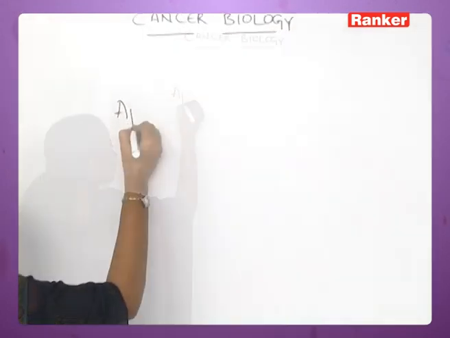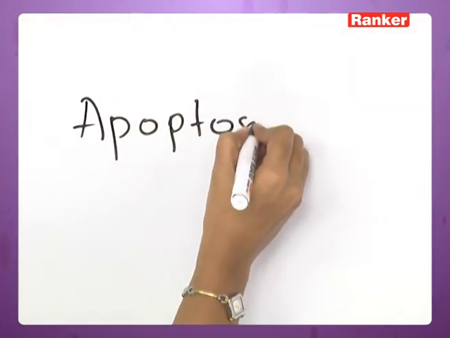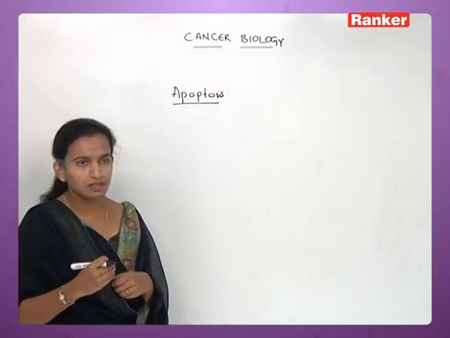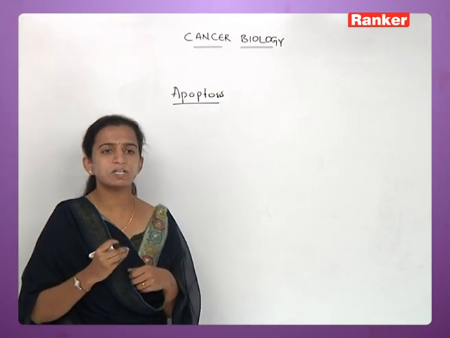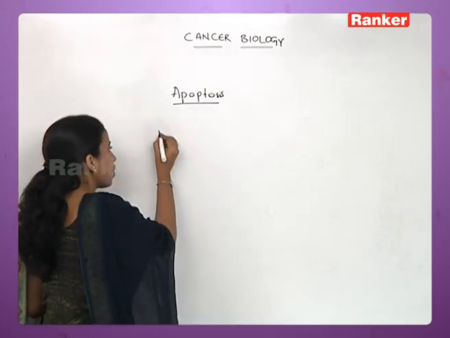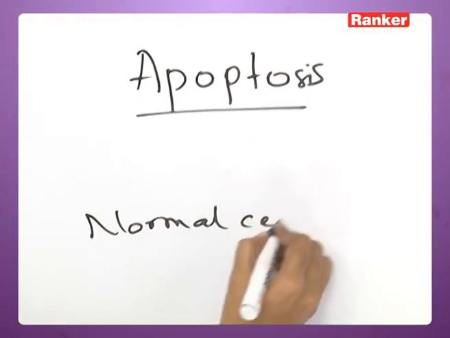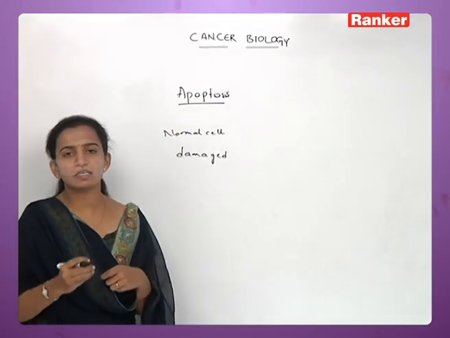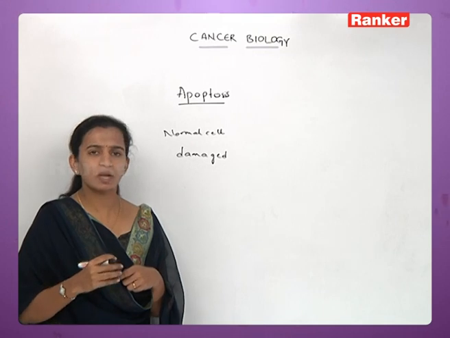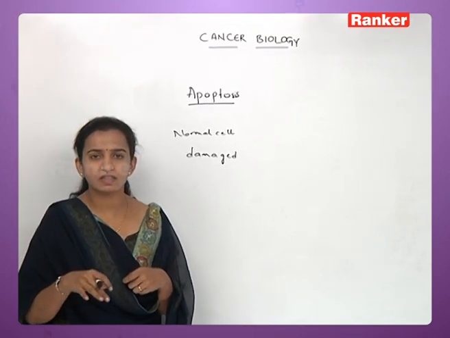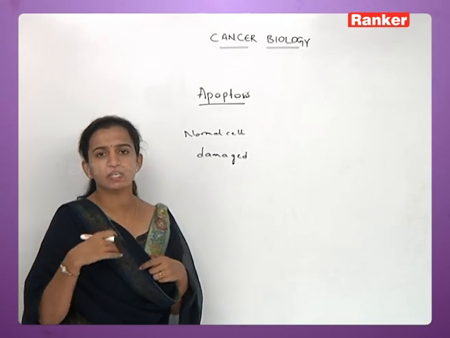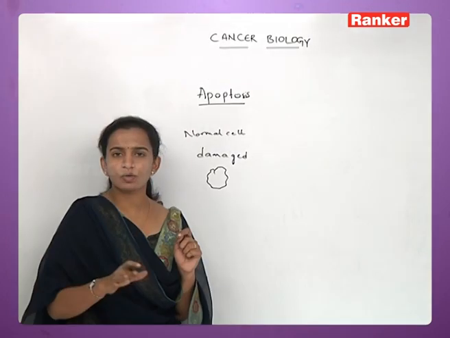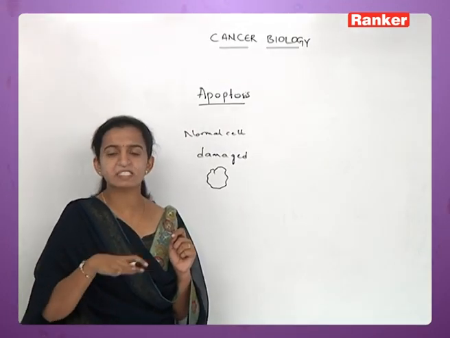So another property you are going to see, apoptosis. Now what does this apoptosis mean? It is a kind of the cell itself, if at all a normal cell is damaged. That means if a normal cell is damaged, what is actually happening here is that a cell is lacking something or there is a deficiency in one cell, it undergoes a kind of death, self-death. Apoptosis means killing itself. So a normal cell, if at all it is damaged, it is moving away from there or it is killing itself.